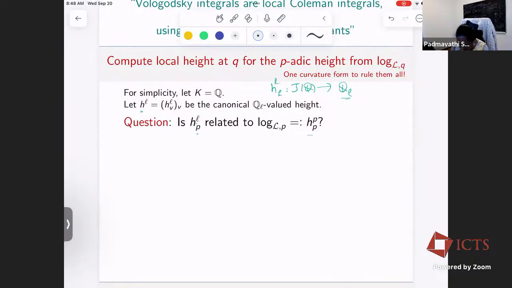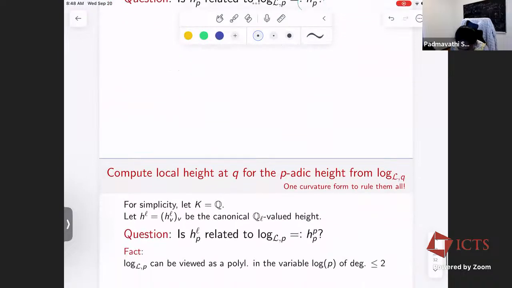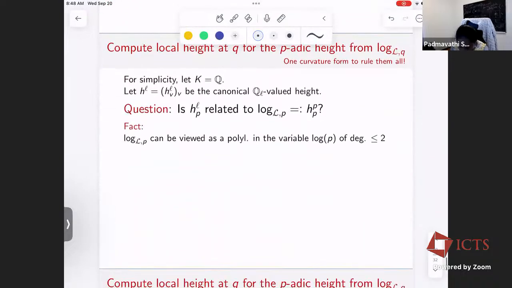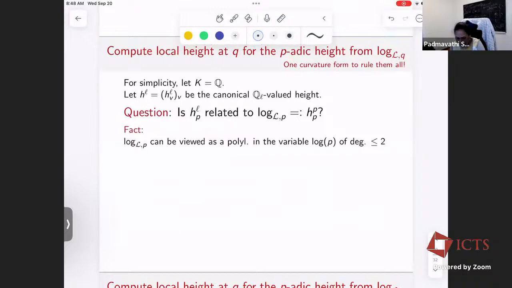And in some sense, if all you wanted to do was take as input the data of this curvature form at each place of your line bundle, and if you're able to compute these iterated integrals that describe the local height at P, can you tease out the values of the local heights at P to the QL valued heights? And we have